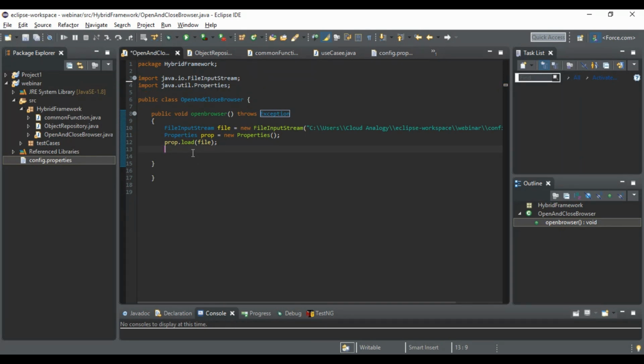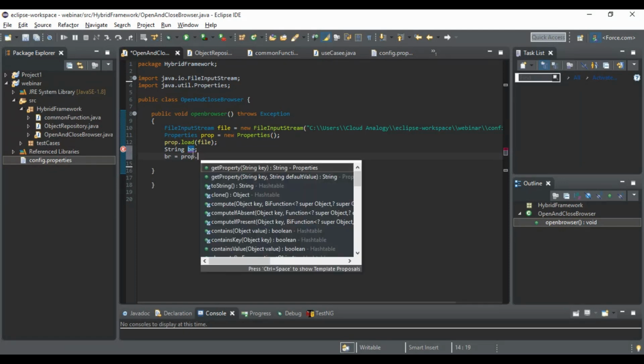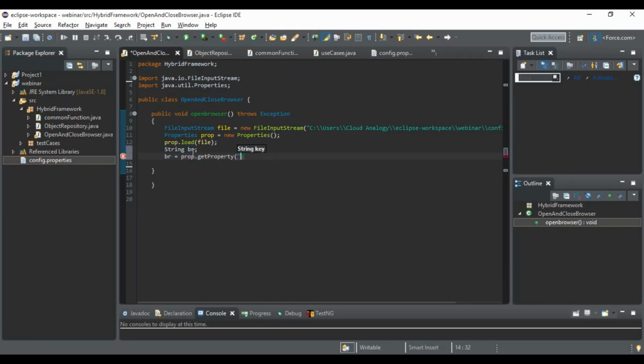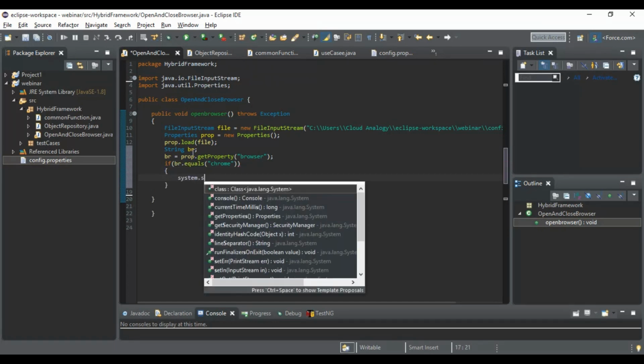So moving ahead, we are going to take a string variable where we are going to get the property for browser, and put an if condition where browser equals Chrome, then System.setProperty,